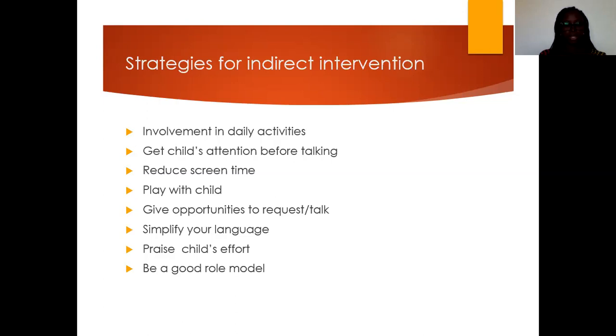Give opportunities to request or to talk. Sometimes, not sometimes, all the time, we have to give the children opportunities to talk. So you know that the child wants water. Give the child the opportunity. How do you do that? Put the water somewhere.